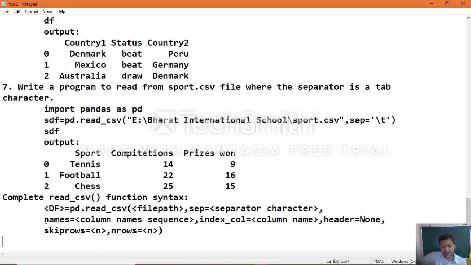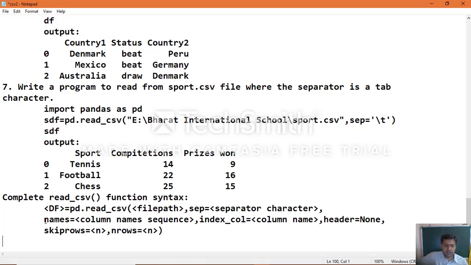Same way, if you want to extract some specific number of rows from your CSV file, we use nrows equal to a value. Whatever value you specify, by default it will extract from the top row onwards.